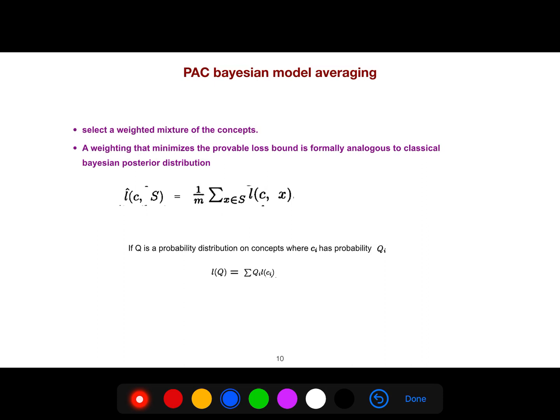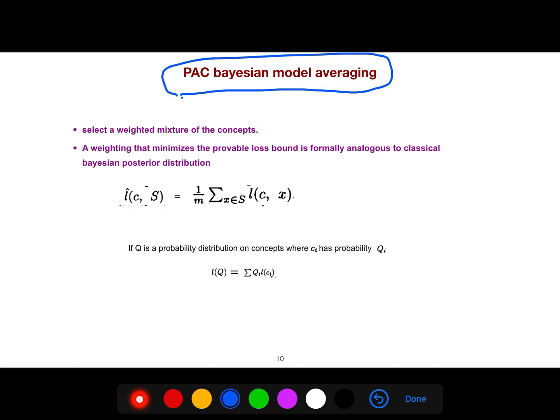We can think about it as PAC-Bayesian model averaging. This is the title of one of McAllester's articles. We select a weighted mixture of the concepts. It's like aggregation, as you are familiar with in machine learning. There are aggregators: you have a bunch of classifiers, you don't know which one is better, so you aggregate. It is the same thing, but here is the mathematics of that and how it helps for a better